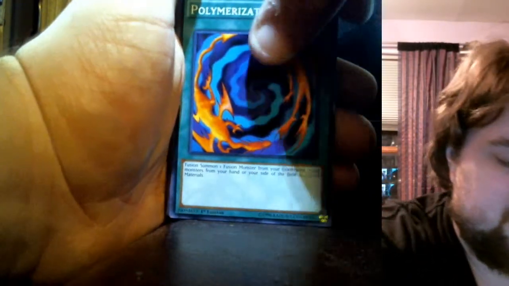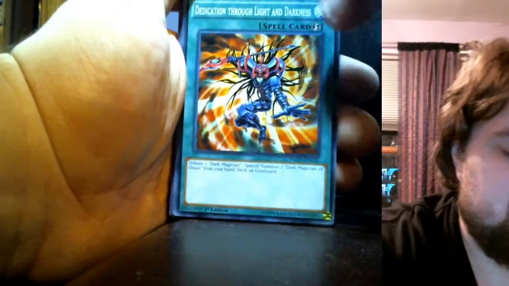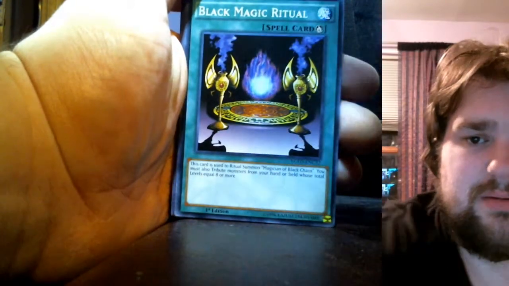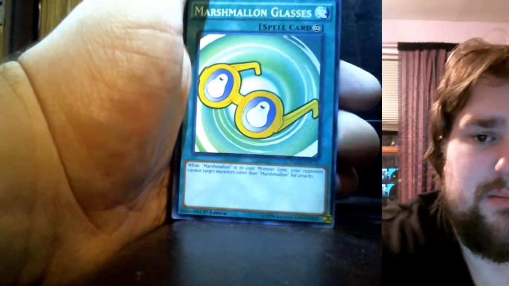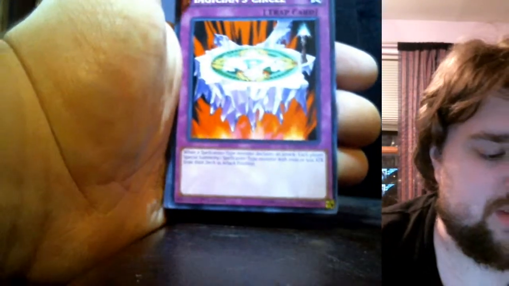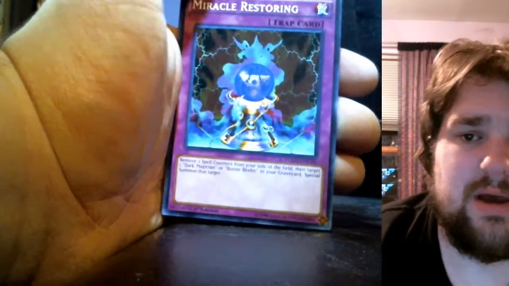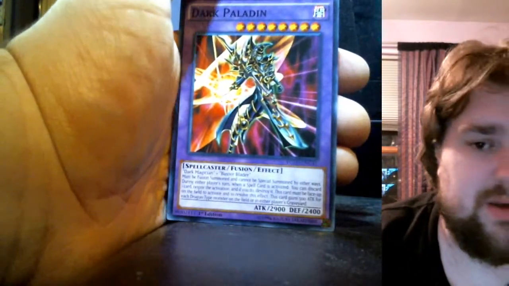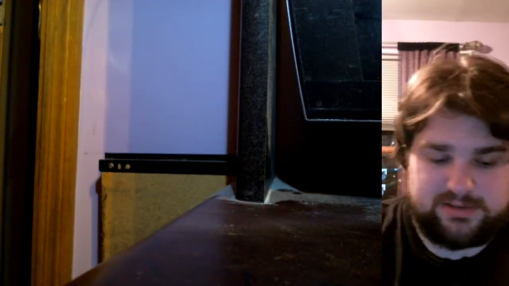That's terrible. Polymerization, Dark Magic Attack, Magicians Unite, Dedication through Light and Darkness, Black Magic Ritual, Tricky Spell 4, Emblem of Dragon Destroyer, Marshmallow Glasses, Mirror Force, Magician's Circle, Shattered Axe, Stronghold the Moving Fortress, Magical Restoring, and Dark Paladin. Ooh, that is pretty awesome as well. So that's the deck portion of all of this, and then this also has, of course, several other variant cards